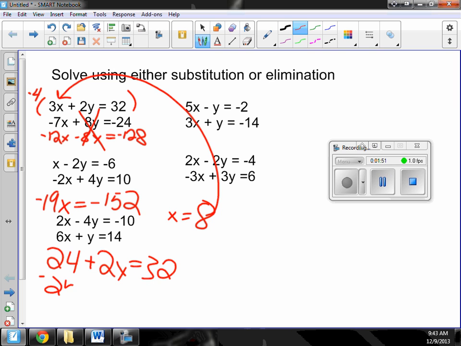Subtract 24, subtract 24. 2x equals 8, so x equals, or no, sorry, that's a y. 2y equals 8, so y equals 4. So these two lines intersect at (8, 4). And (8, 4) is the only set of numbers that satisfies both equations. The top equation has an infinite number of coordinates that satisfy it, and so does the bottom, but there's only one set that goes into both of them. Okay,